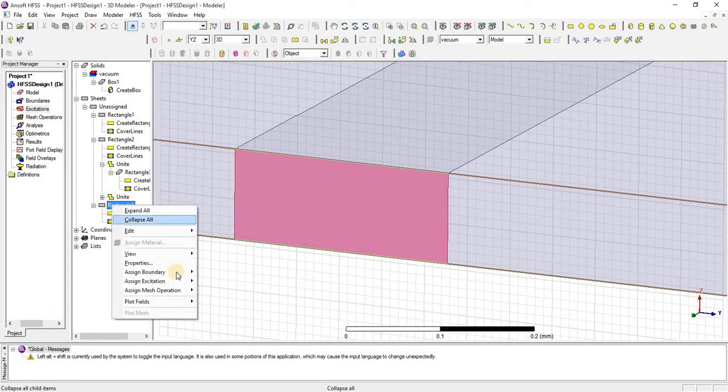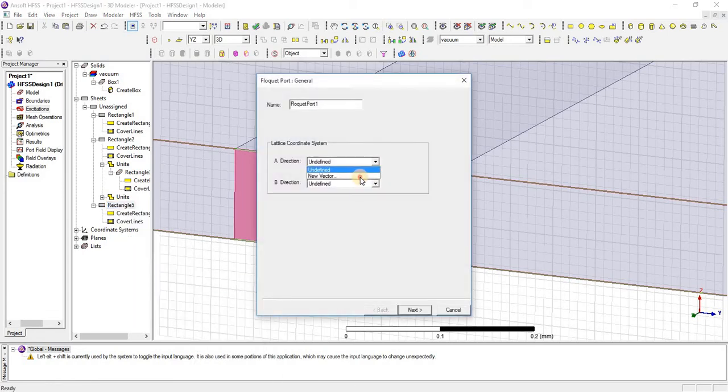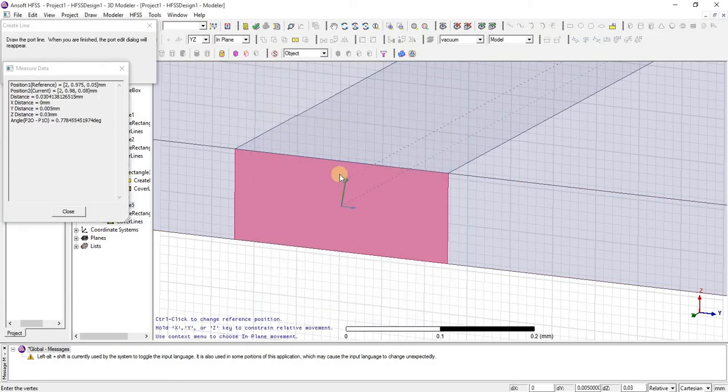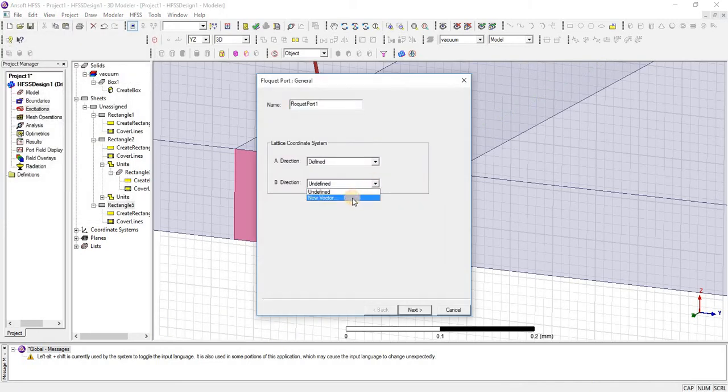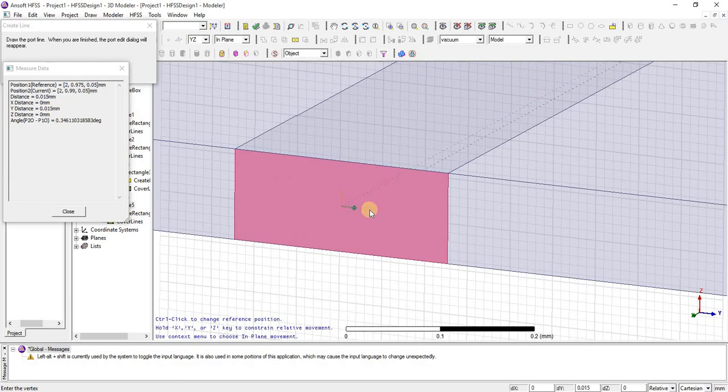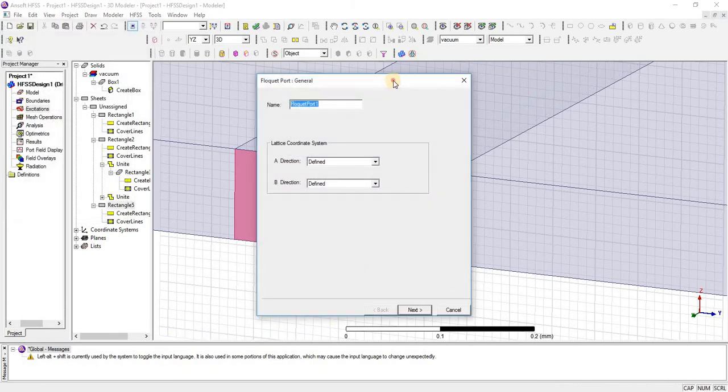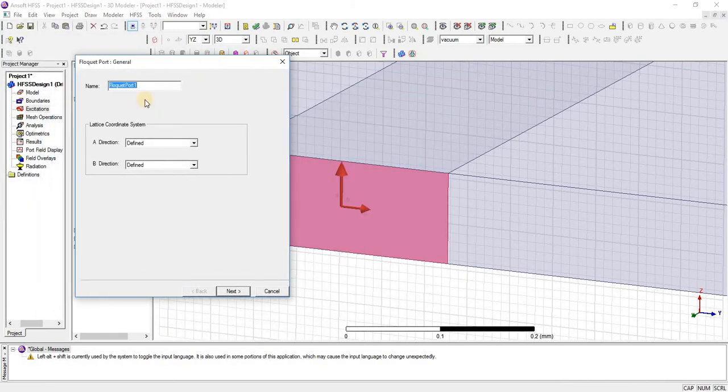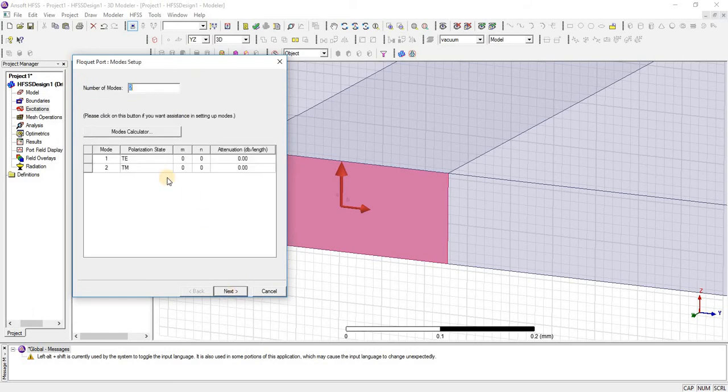Now again see. Here you can see the TE and TM modes.